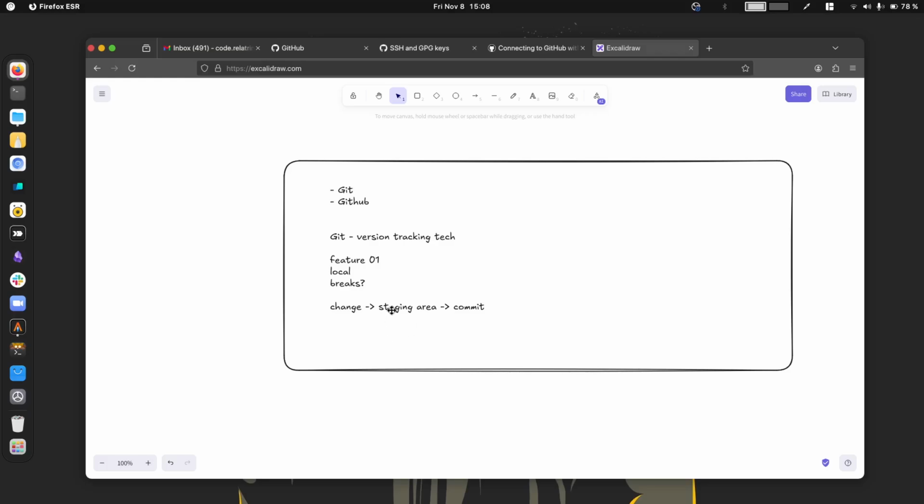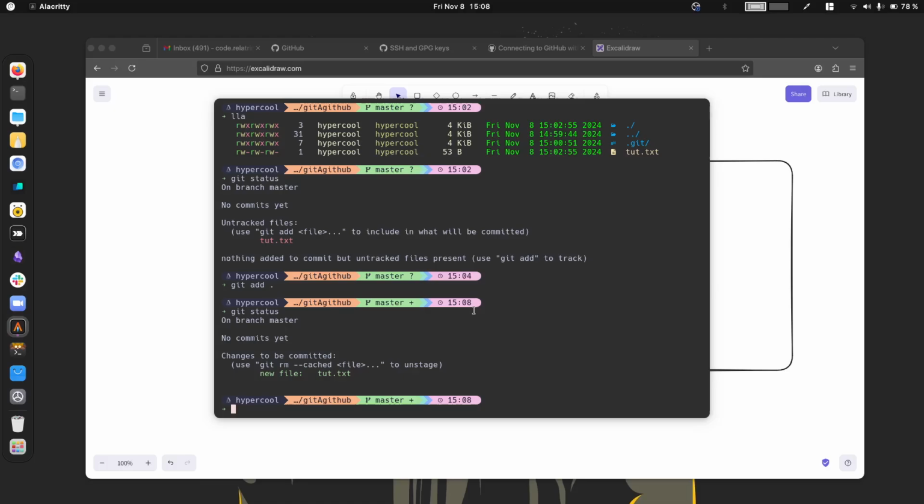Now what was the next step after staging? Committing. So now we're going to commit this change. How do we do that? git commit. The commands are very intuitive. If you want to stage, just git add, if you want to commit, git commit, if you want to check the status, git status. So it's very simple. So git commit